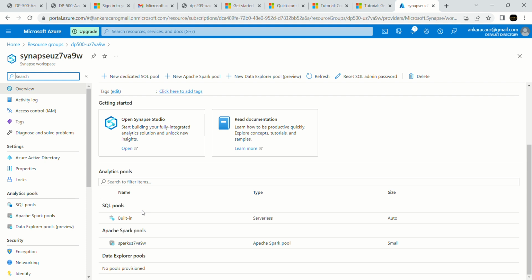Maybe you don't know how much resources whatever query you're going to run is going to take. Your best bet is a serverless pool. But when you know what your data requirements are, and you're definite about them, your best bet is your dedicated SQL pool, and that is up here. You can always create a new dedicated SQL pool here. It comes with my Apache Spark pool, and then I can provision a data explorer pool as well. And yeah, so I'll just go straight to open my Synapse Studio,